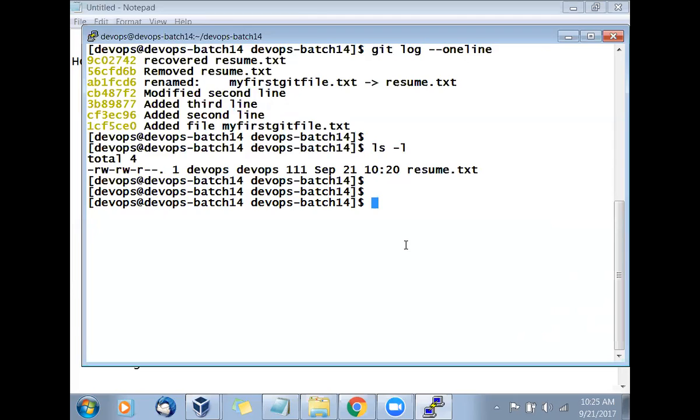Okay, so today we will stop here. Let's recap. We tried to install Git, we tried to configure Git, and we got the basics hands-on. There are 3 levels we are going to work through. First is this basics level. Tomorrow we will see a more advanced level. Then in the next session, we will see a still more advanced level, how to collaborate with multiple users and use Git. We'll also see how to set up a Git server. We will see all those things in our upcoming sessions.